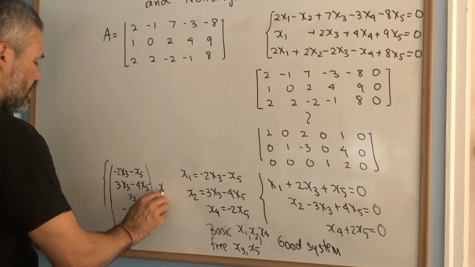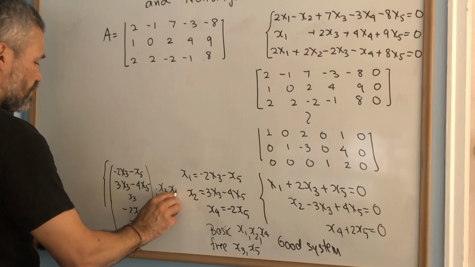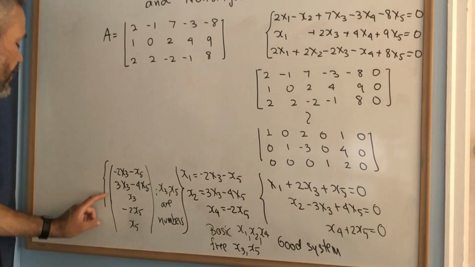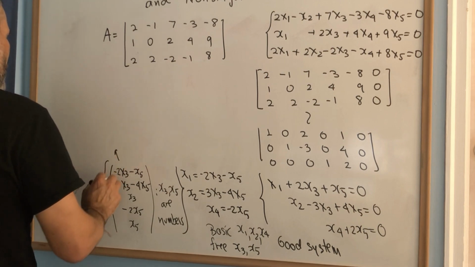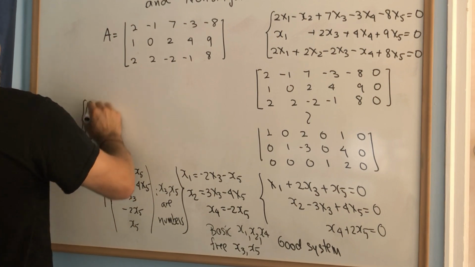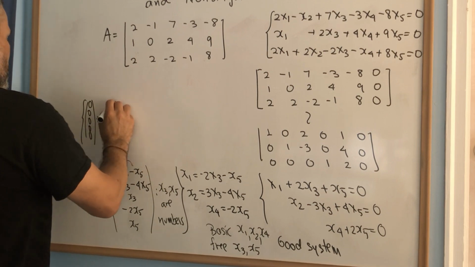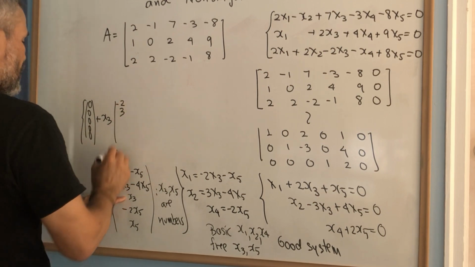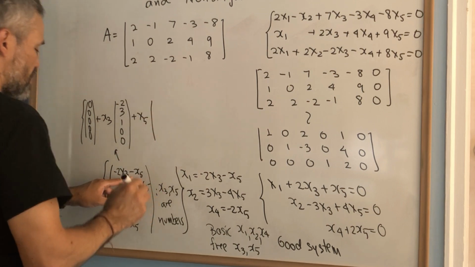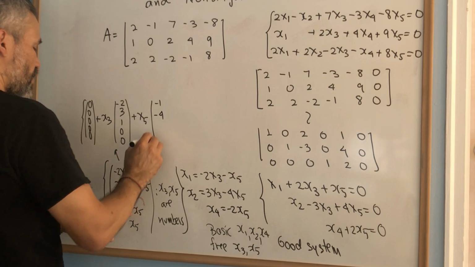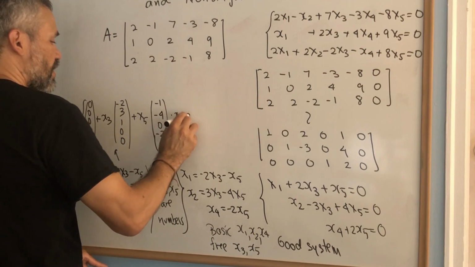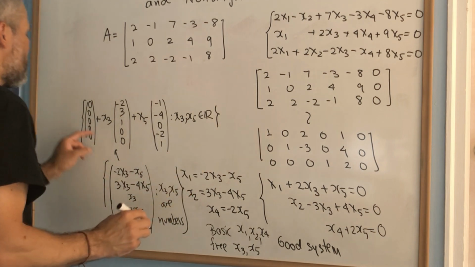And then here such that x3 and x5 are numbers. If we are thinking about real numbers, then this can be written as 0, 0, 0, 0, 0 plus x3 times negative 2, 3, 1, 0, 0 plus x5 times negative 1, negative 4, 0, negative 2, and 1, such that x3 and x5 are real numbers, which means that this is a plane,